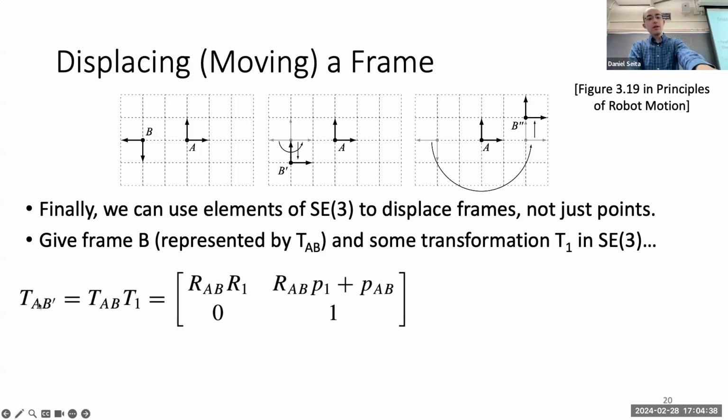You can have TAB prime, which is equal to TAB, that matrix, times T1. The transformations are represented as matrices, so you can always put them together with matrix multiplication. And if you're wondering why this works,